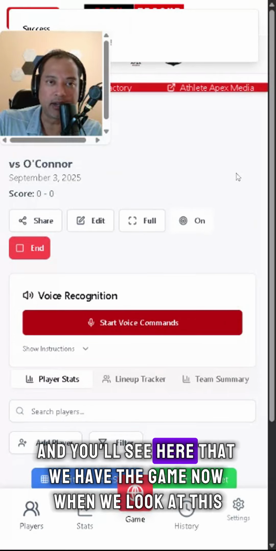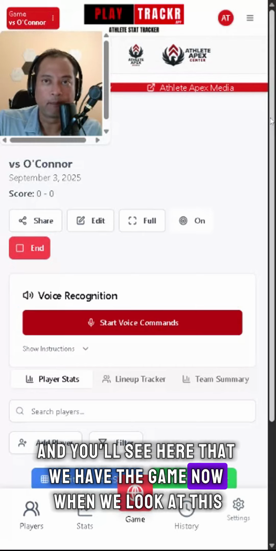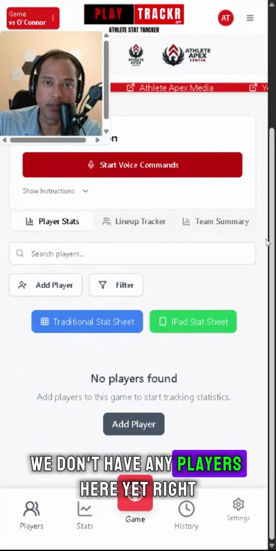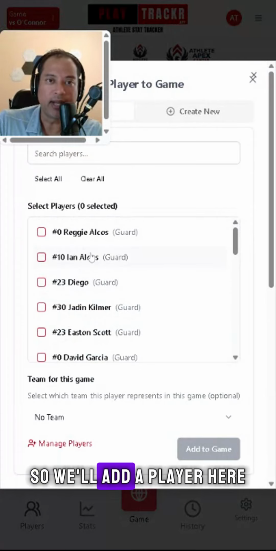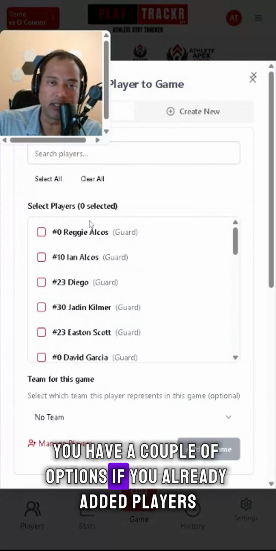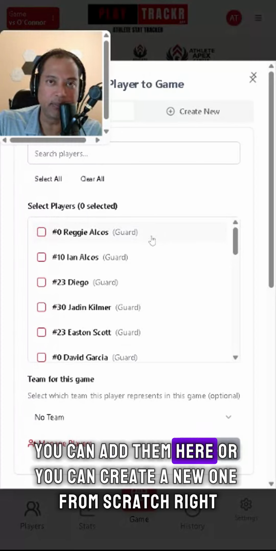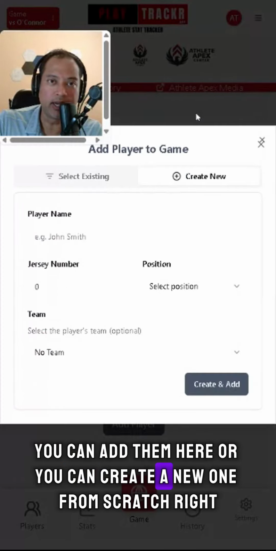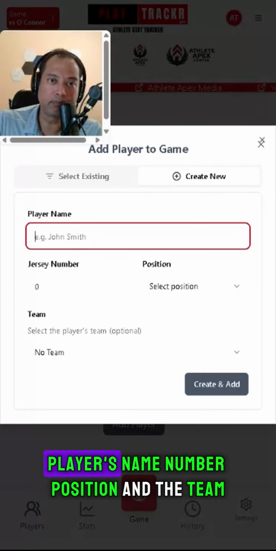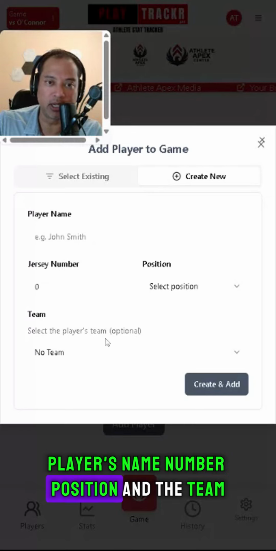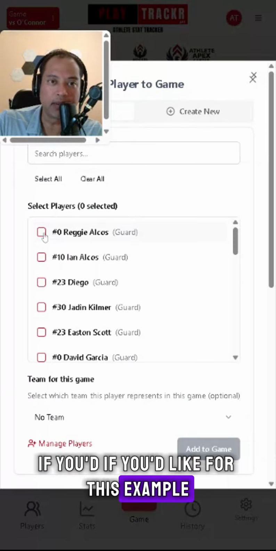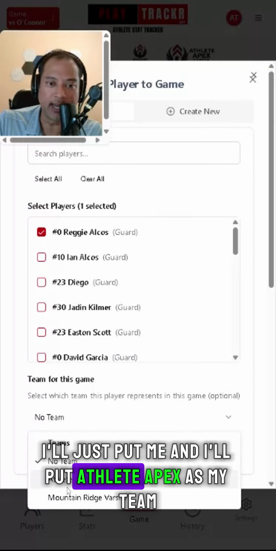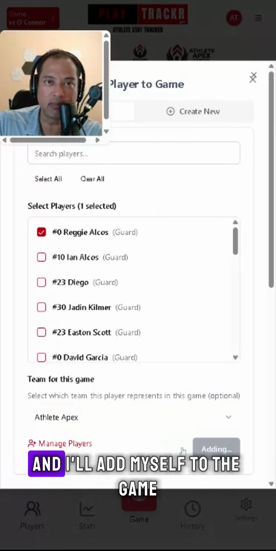And you'll see here that we have the game. Now, when we look at this, we don't have any players here yet, right? So what we want to do is add a player. So we'll add a player here. You have a couple of options. If you already added players, you can add them here, or you can create a new one from scratch, right? Player's name, number, position, and the team if you'd like. For this example, I'll just put me and I'll put Athlete Apex as my team and I'll add myself to